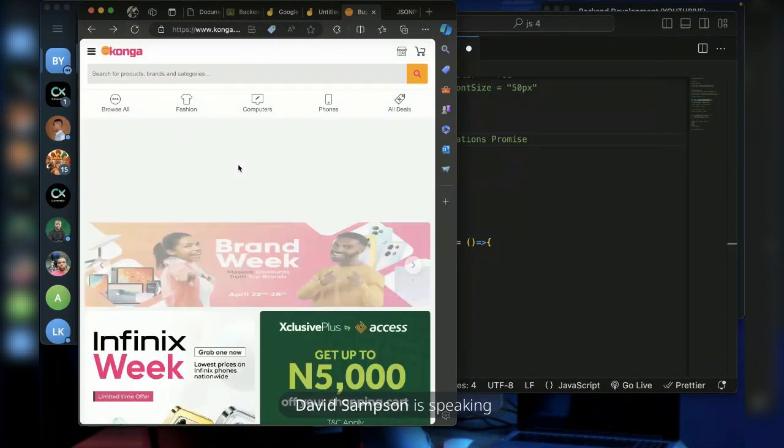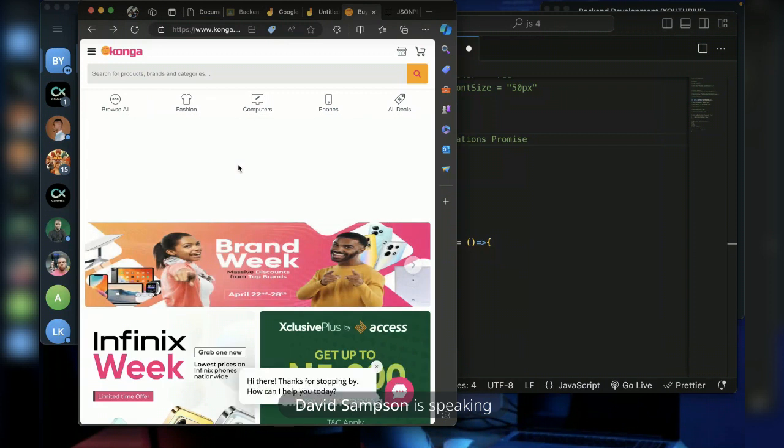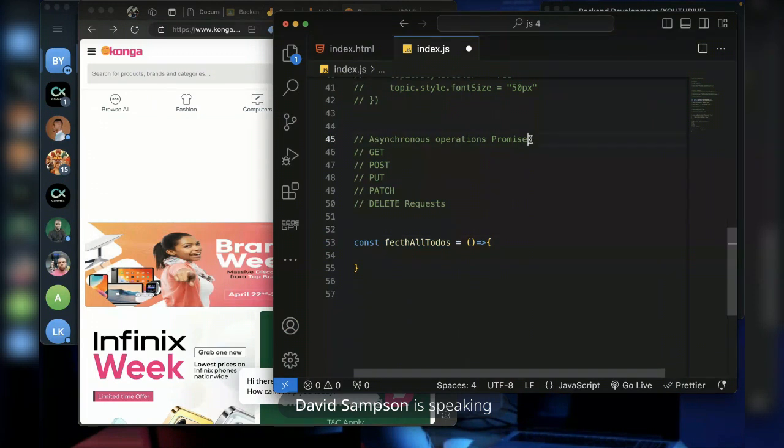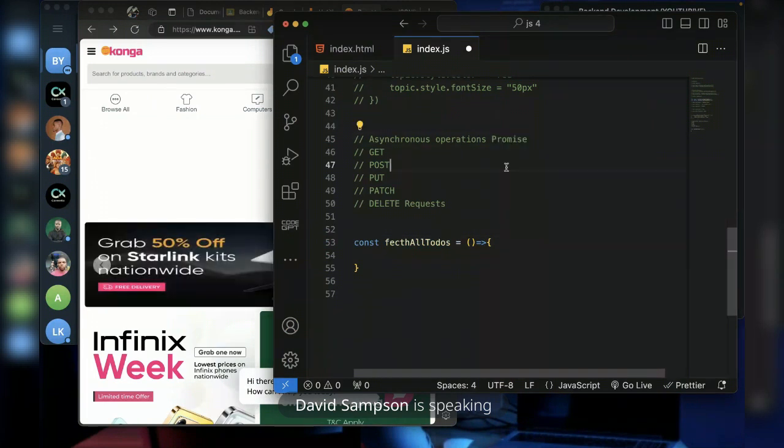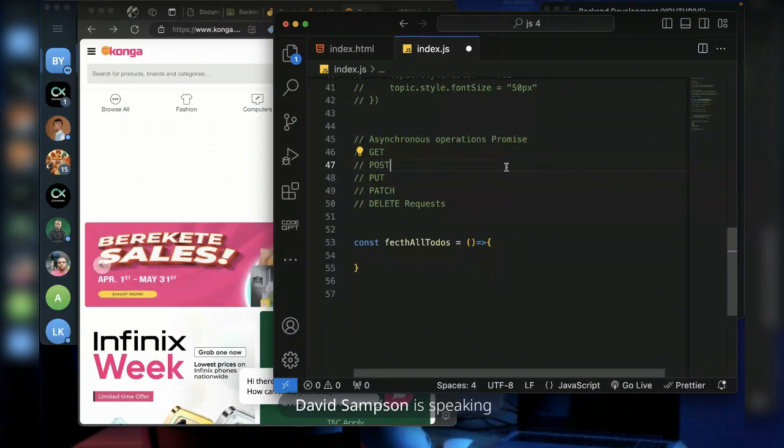While it is loading, you know that something will definitely come back. That is what a promise is. Either it will come back as successful or it will come back as failed, but definitely something must come back. That is why it is called a promise.